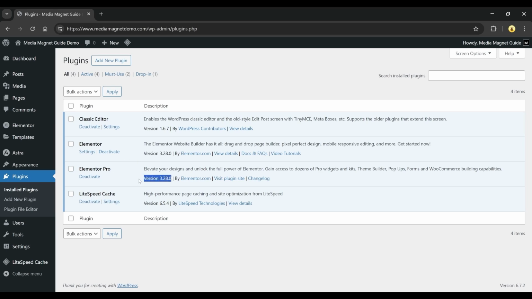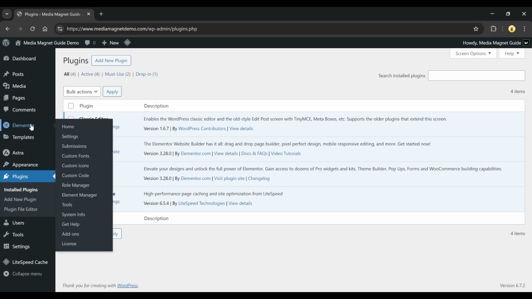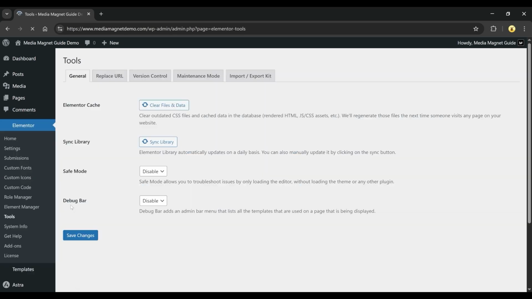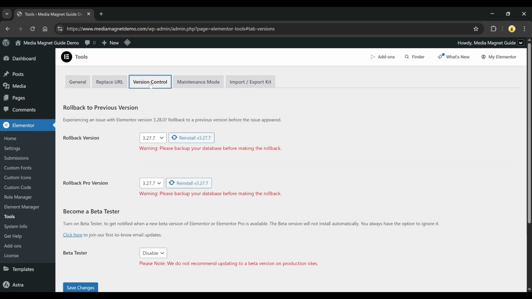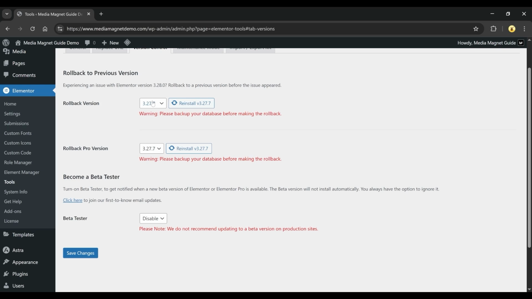Want to dig a little deeper? Head over to the Elementor tab in the side menu and click on Tools. On the Tools page, look at the top middle panel and click on Version Control. Here, you can see the current version of Elementor installed on your site, along with options to roll back or